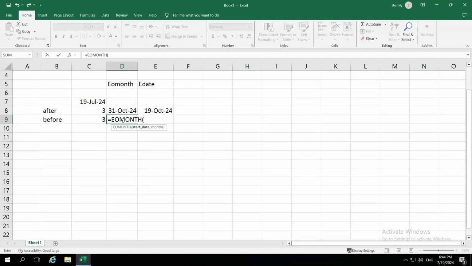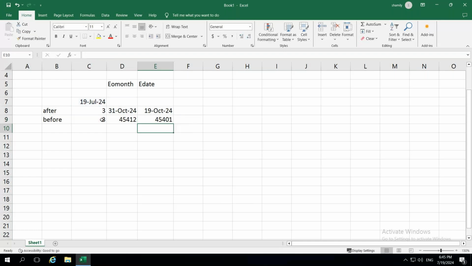So start date is this, comma, before, so I have to give minus 3 months, close the bracket, enter. Again, I'm going to use here also equals EDATE, open the bracket, start date, comma, then minus 3 months, close the bracket, enter.